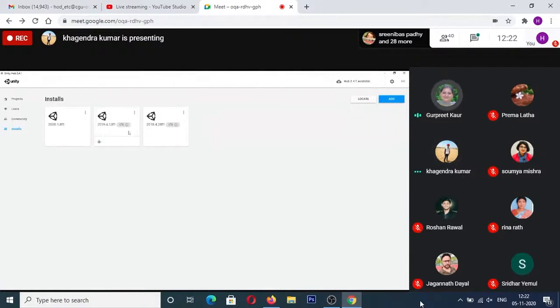Because even the hub closes. No, Hub does not close actually. It just closes from the foreground and runs in the background. So if you click onto the arrow on the task manager taskbar, you will be able to open the Unity Hub.